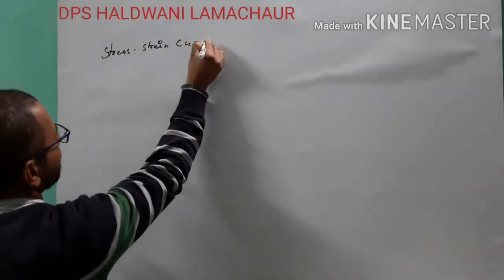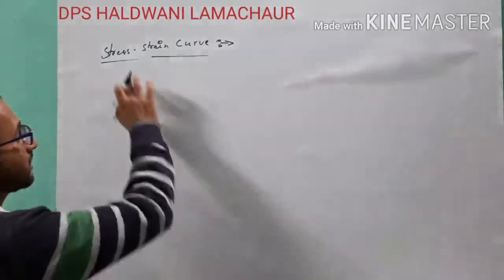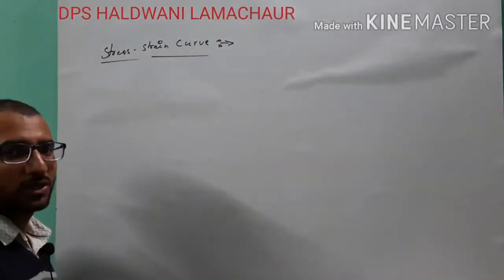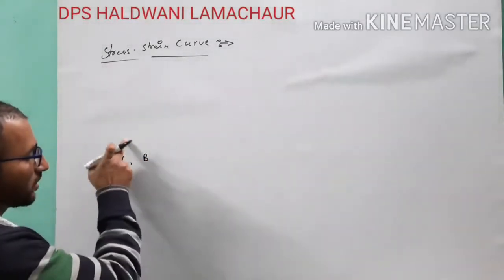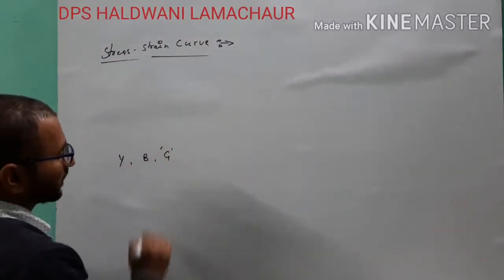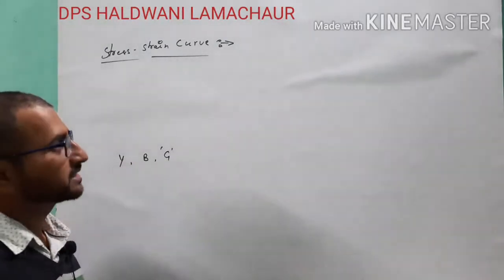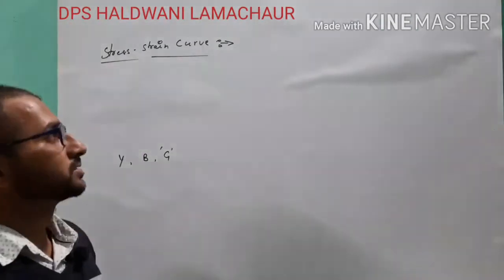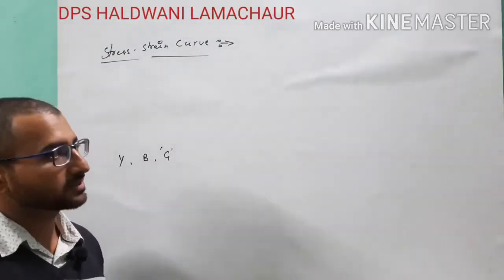curve. As you know, the ratio of stress over strain is called the coefficient of elasticity, and in my earlier video we discussed the types of coefficient of elasticity: Young's modulus of elasticity, or modulus of elasticity, bulk modulus, and the modulus of rigidity. After the discussion of the basic points of this chapter, here we will discuss the stress strain curve. Before that, let us draw the stress strain curve.